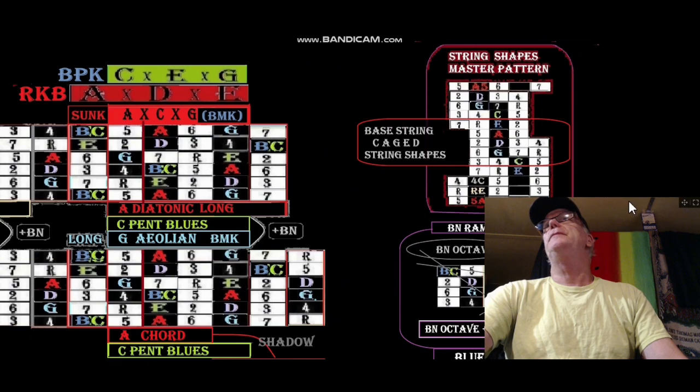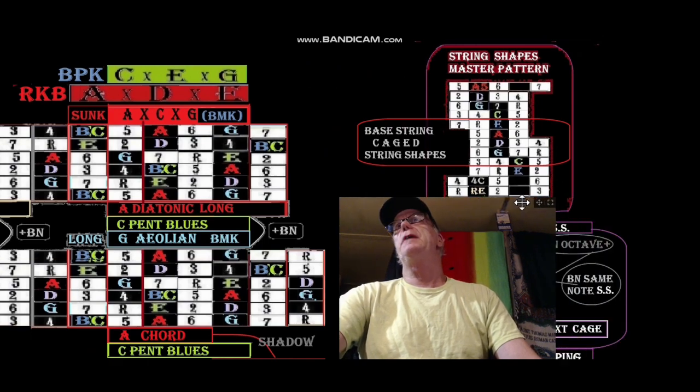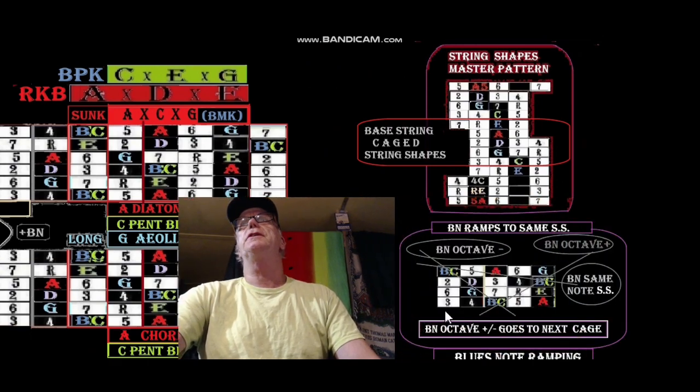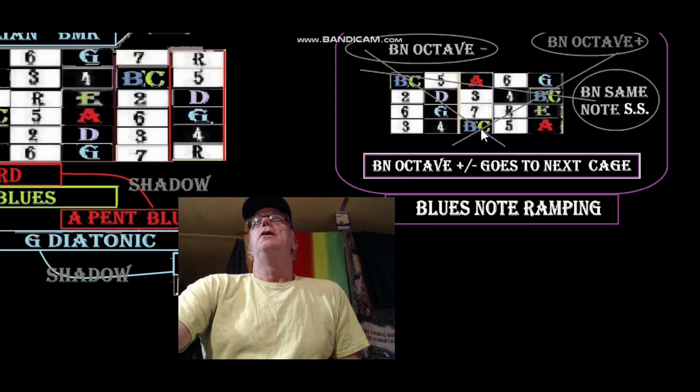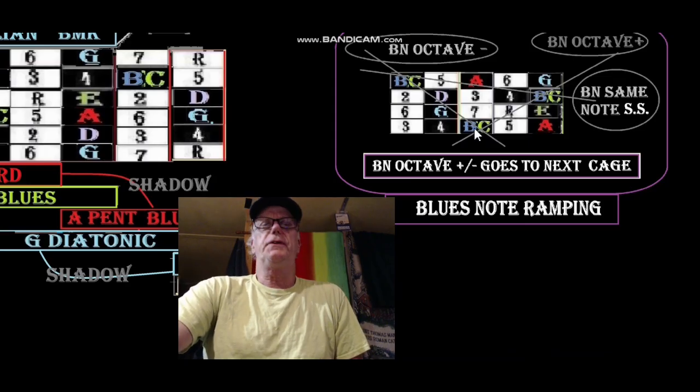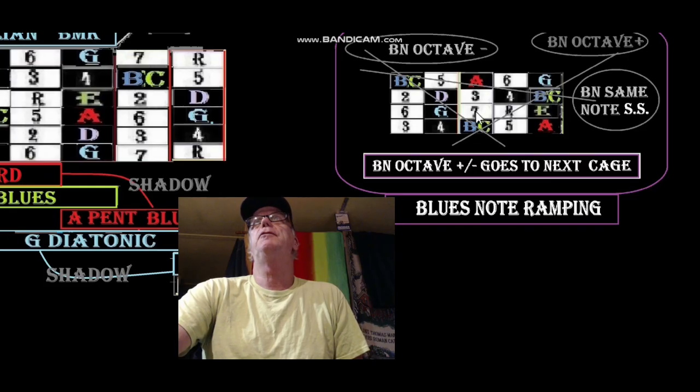And there's also the ramping, but the ramping we're not going to be using. It's not as powerful a tool. But one thing I did learn is that with the guitar, an octave is up and over like that, and it's pretty much up and over right there. Okay, we have a fourth, all right, and then you have